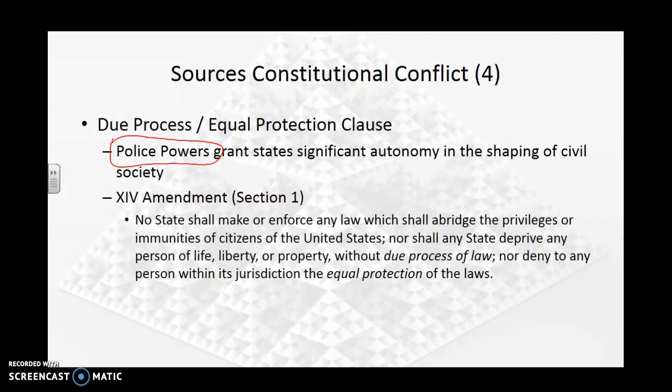Now, that's all well and good, except when it runs into contact with the 14th Amendment, because the 14th Amendment, which can broadly be considered the Americans' version of the rule of law, says that all laws apply to all people at all times and all in the same way. Now, if you're establishing a civil society where some things are legal and other things are illegal, or some people can do some things and other people can't do the same things, then you're going to run into trouble when it comes to the 14th Amendment.